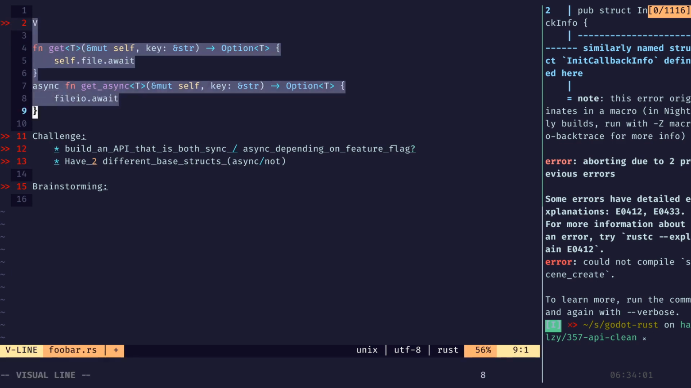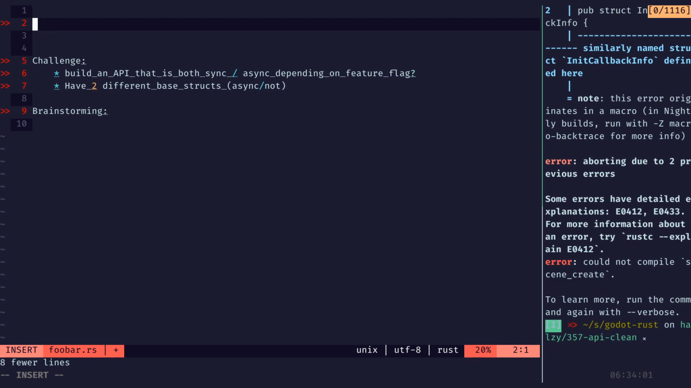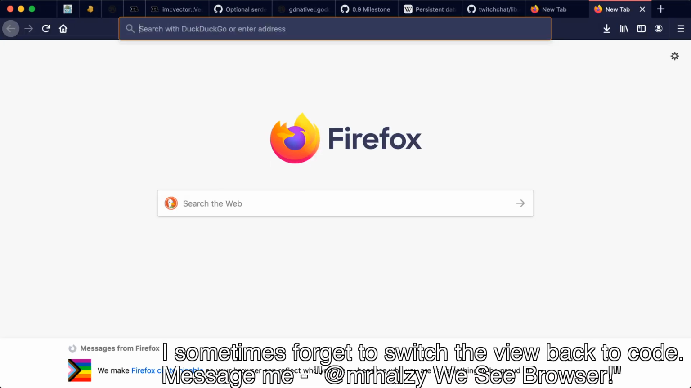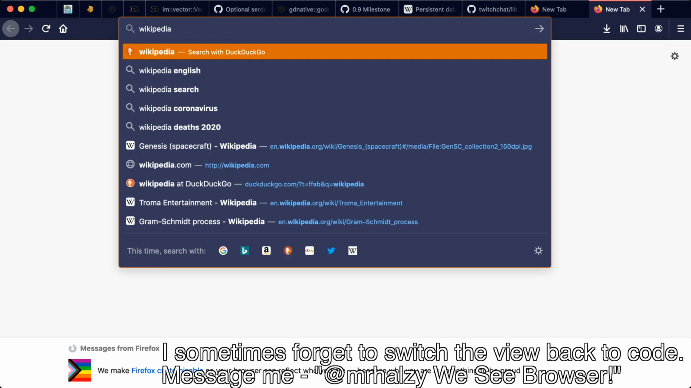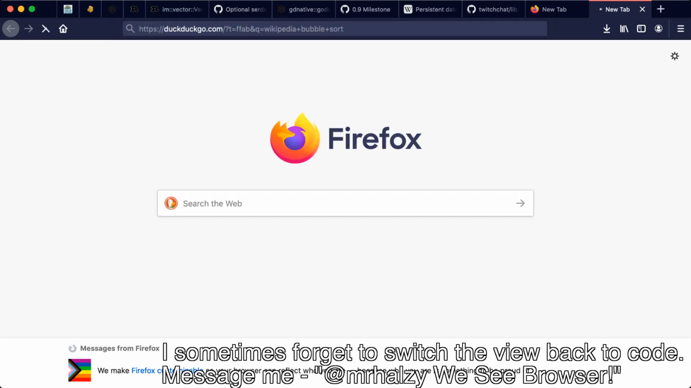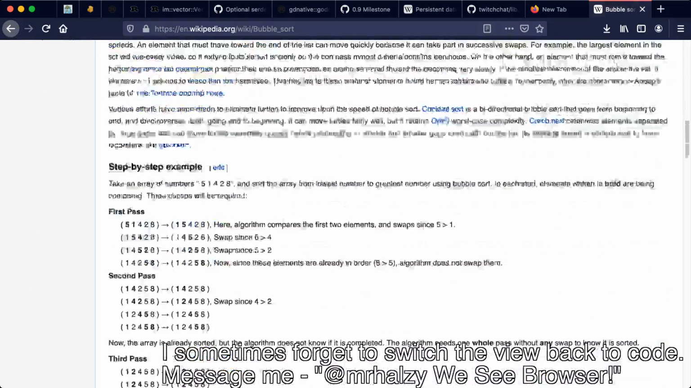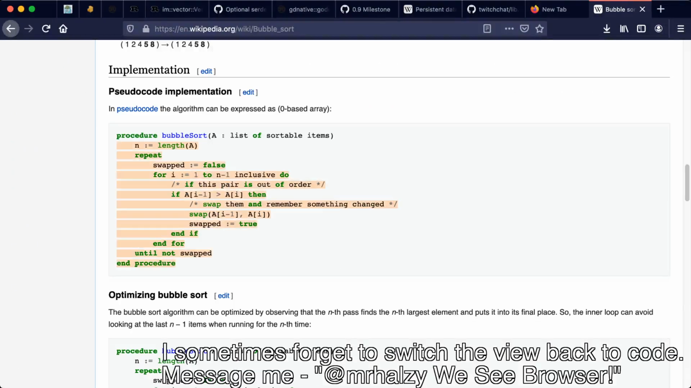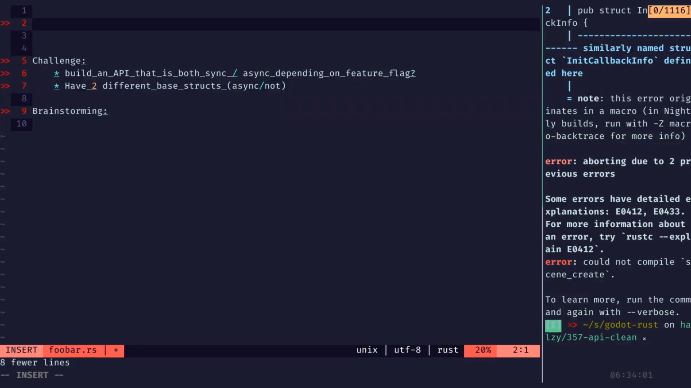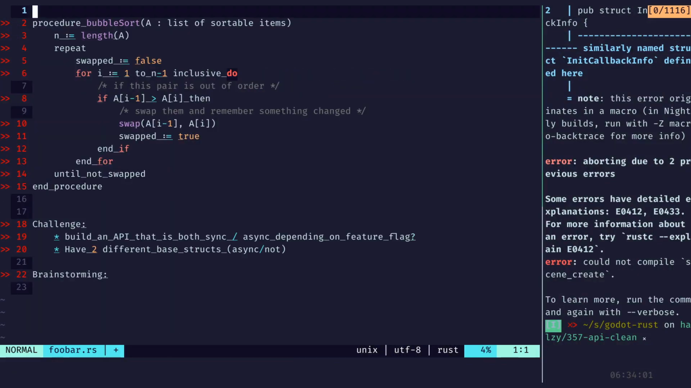Right. Even if you had some sort of sort, let's choose some really dinky little algorithm, right? Silly little bubble sort. Just give me your pseudocode. So if you had something like this, then